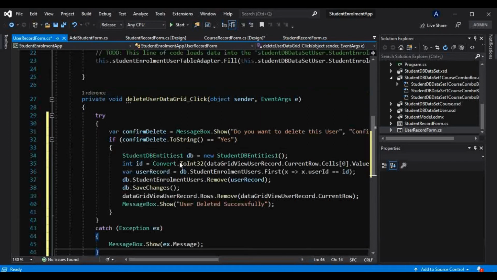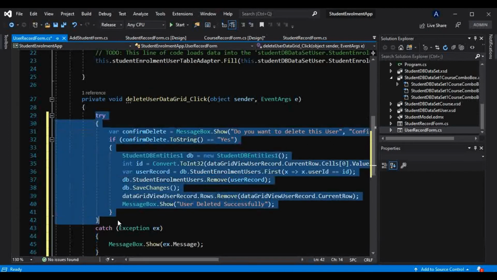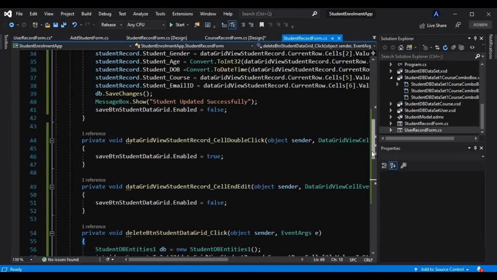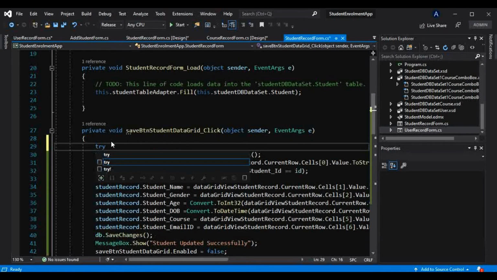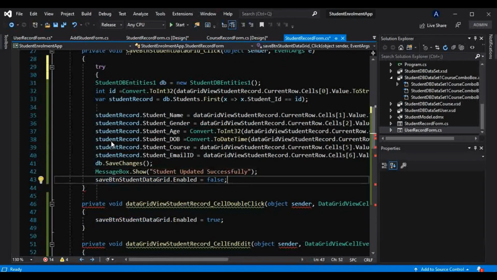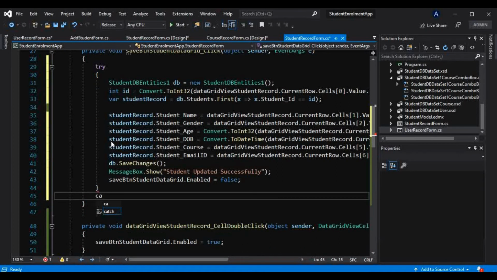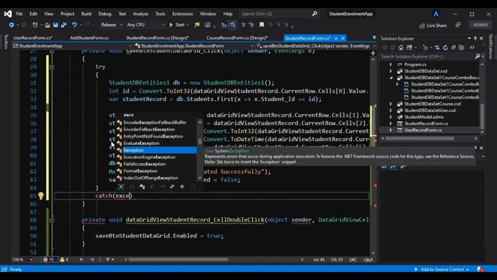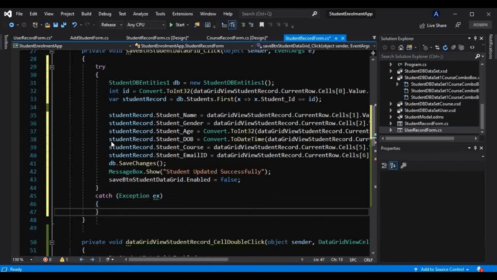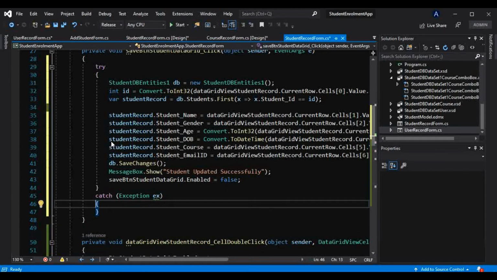And now once again, just like I have used this try and catch block here, we will use this same thing for the student as well. I will move that code inside a try catch block, and it is always a very good practice to put this critical code inside a try block, and we should always handle the exception. And once again I am recommending you guys, if you are not aware of exception handling, you can go and check that in my C# tutorial video series, and the link for that you will find in the description below. That is the C# tutorial for beginners series.